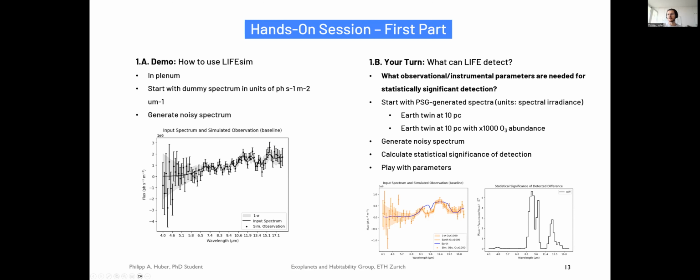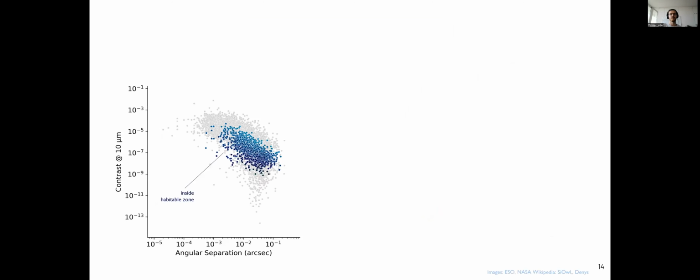And then you will get a chance to play around with some input parameters of LIFEsim and see how this impacts the statistical significance you get as a result. Okay, so now I would quickly hand over to Felix,